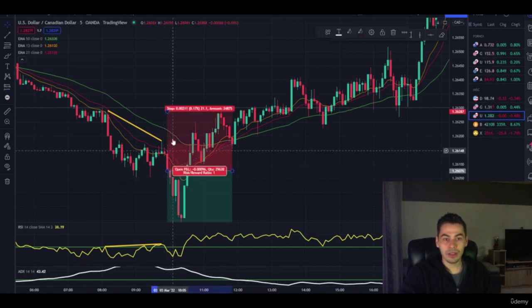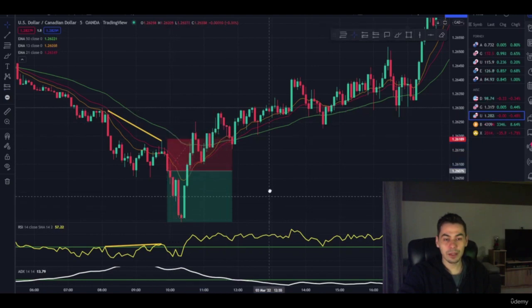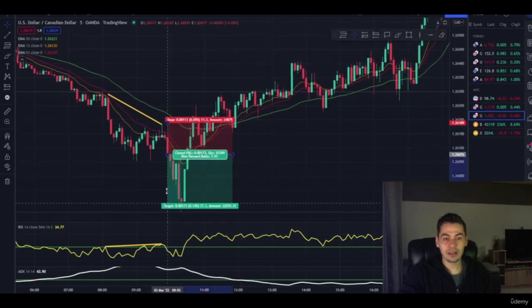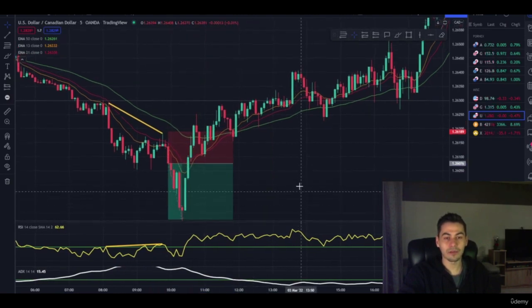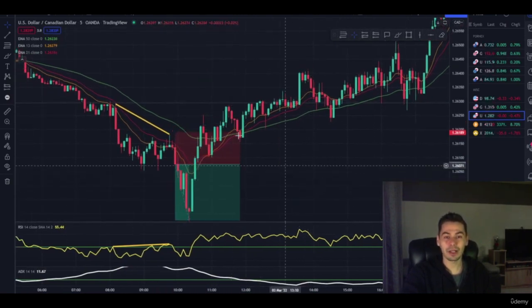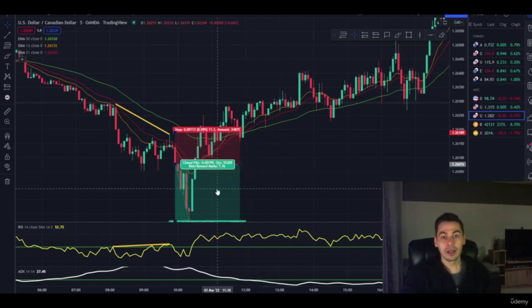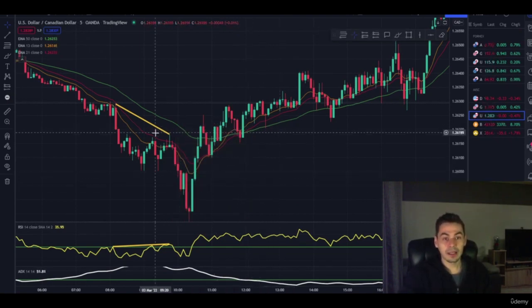So this will serve as your entry point. Stop loss, again, just above the top in this case, and targeting anywhere from 1-to-1 to 1.5, or this will have to be established. But just from looking at the graphs, I think this strategy will have a high enough win rate just with a 1-to-1 risk to reward ratio,